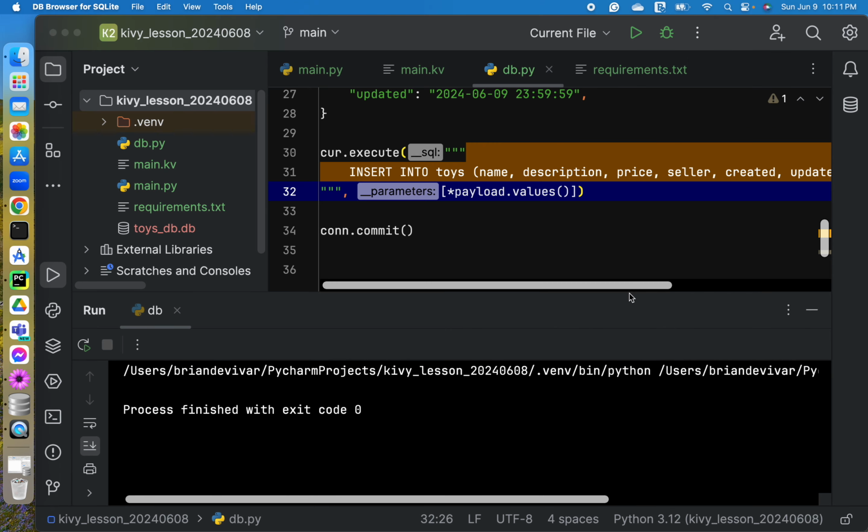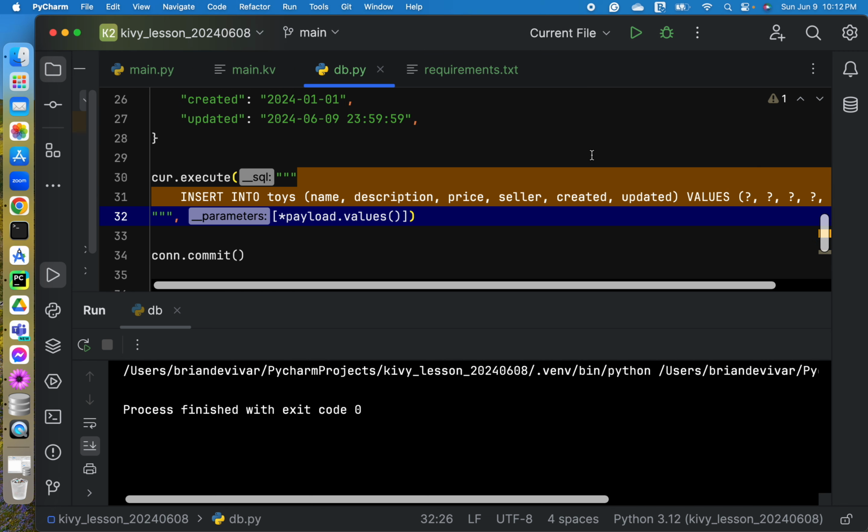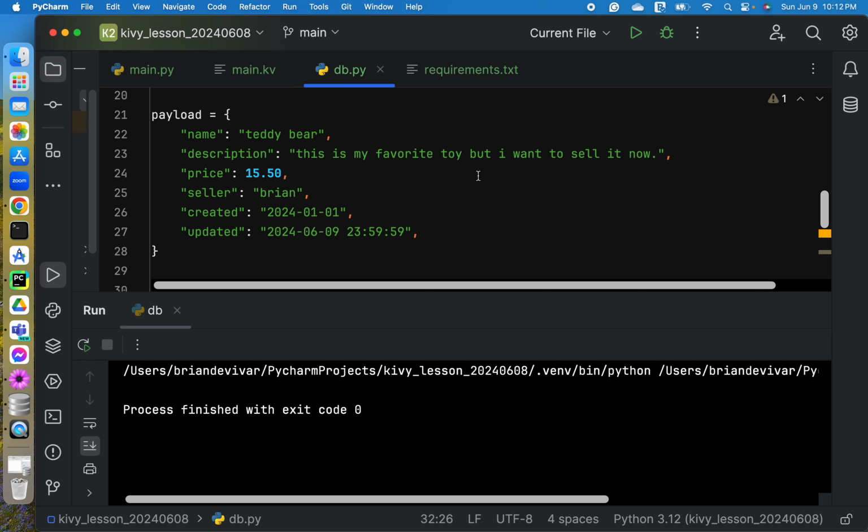Okay, so let's create another one. Another one is a toy car. Let's edit this for a bit.